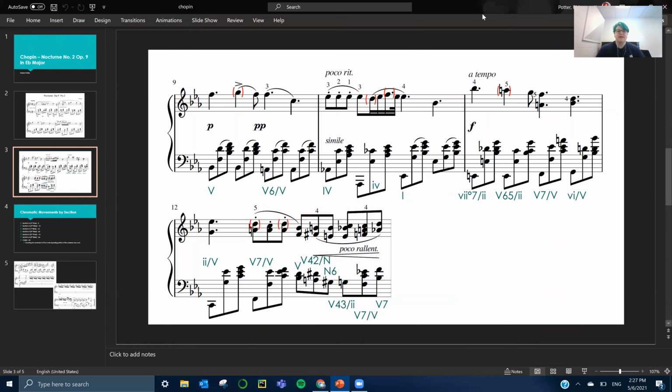Okay, as you can see here, I marked the NCTs in red, and then I have the Roman numerals for all the chords in teal beneath the staff. This section, section B, has a lot of unusual chord progressions and use of non-diatonic chords. In this measure here, which is the second measure you see on the screen, we have a